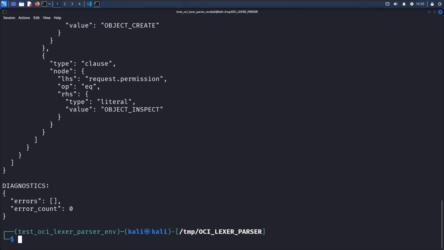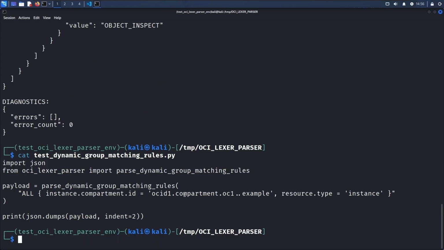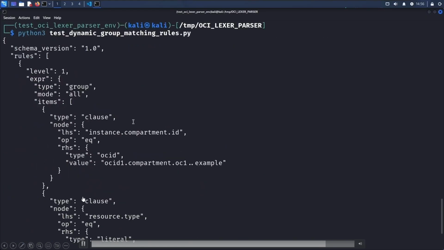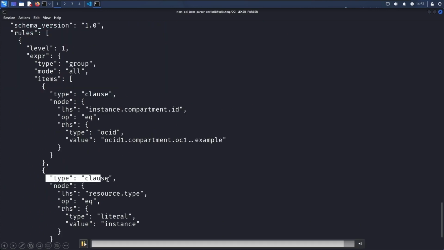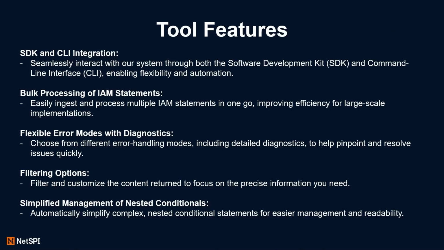And then I think the last thing I cover here, besides policy statements, which we won't really cover in depth in this talk, is that it also handles dynamic matching groups. This is what a typical dynamic matching group looks like. It looks like one conditional, but it's very sentence-y, not like JSON. It's just a bunch of different conditionals, so this is also hard to parse. So I have another function in this library called parse dynamic group matching rule, and when I run this, you will see that a JSON again gets returned.